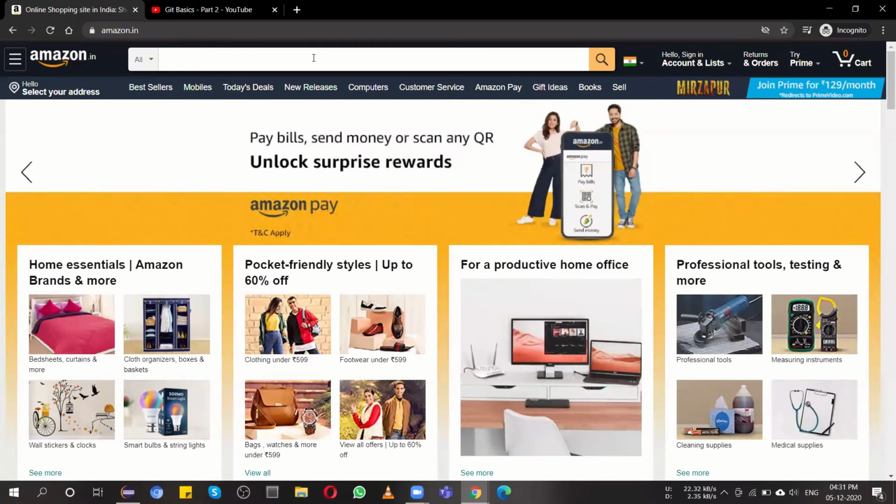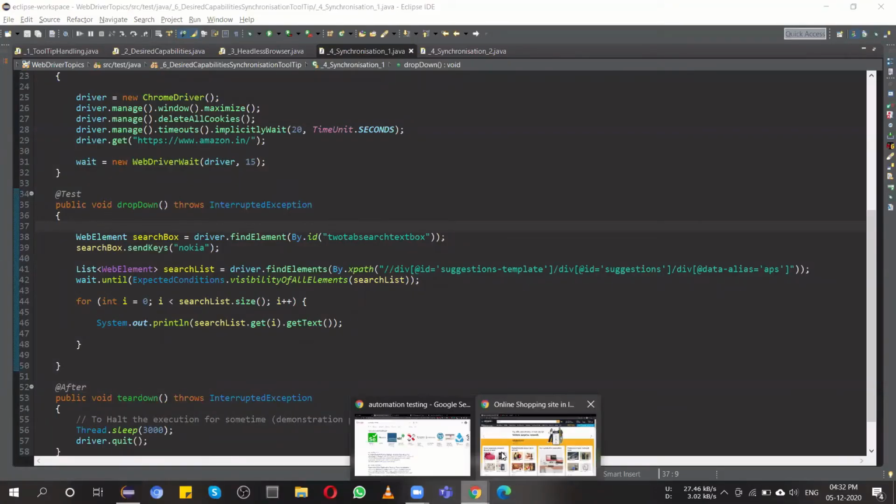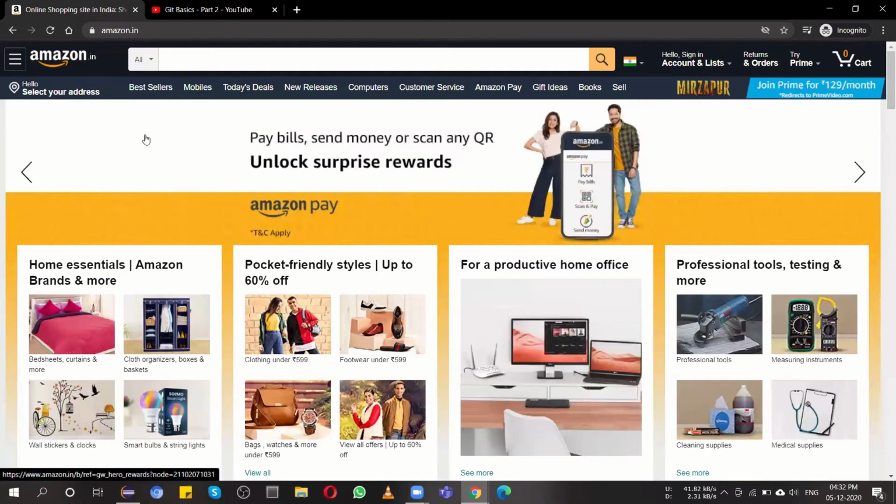So you will see that kind of exception, but in the manual case it opens up and you are able to search something in this text box. So you have to synchronize that. Just tell your script or Selenium to wait until the website is fully loaded, then find this search box and type some words in it.